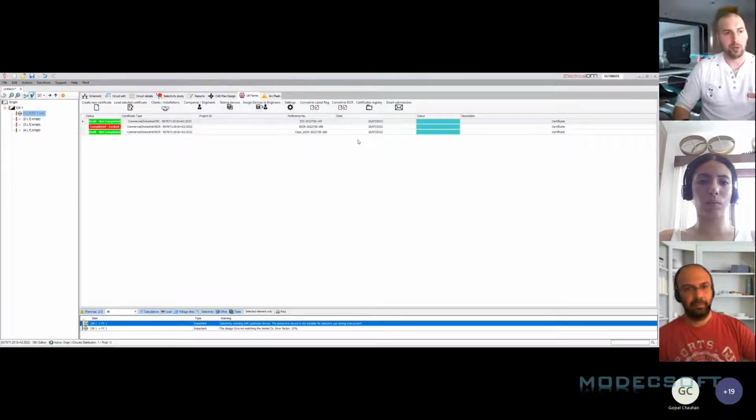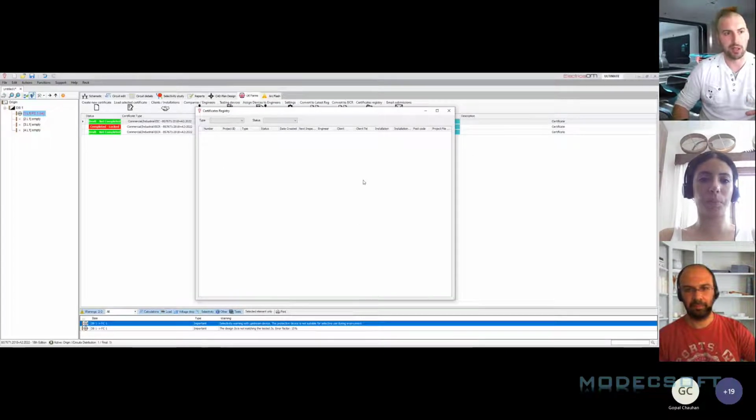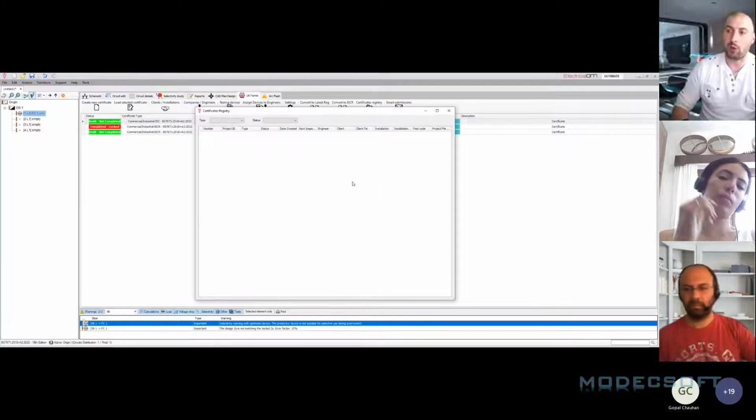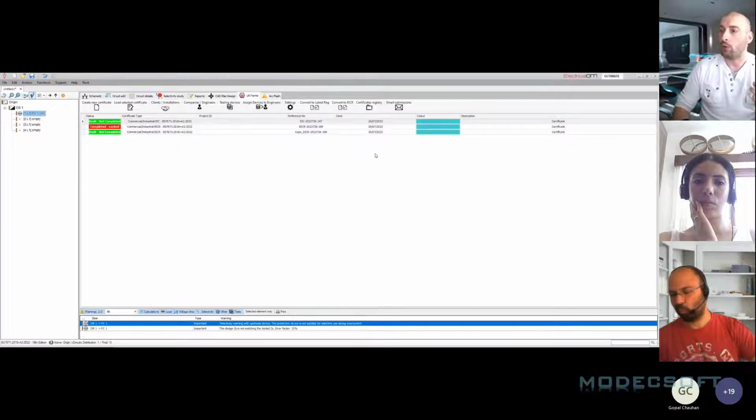So within our certificates registry, I've got a feeling, because I recently changed some of my filing, it's probably going to be more my fault. When I select this certificates registry, as you can see, it will pop up this information here. From here, you will be able to see all of your different reports from your different files in that particular location. Each time a report is created, it'll create a new line, and also it'll allow you to have